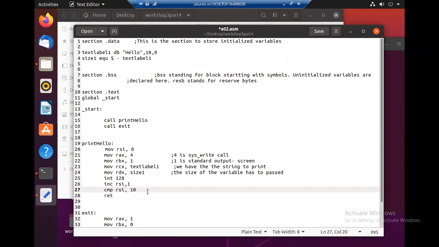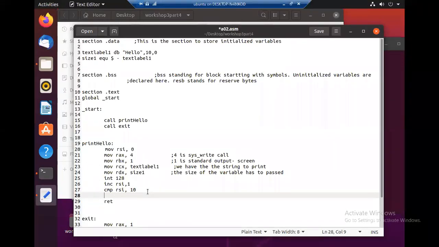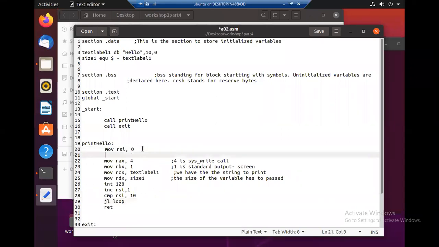So if it has not reached 10, so in the morning you understood about conditional jump statements. If it has not reached 10, I'll use jump if less than, jump if lesser than, to a given label. So I'll say loop, jump to loop. And where should I jump? Jump to the beginning of this one, but except this